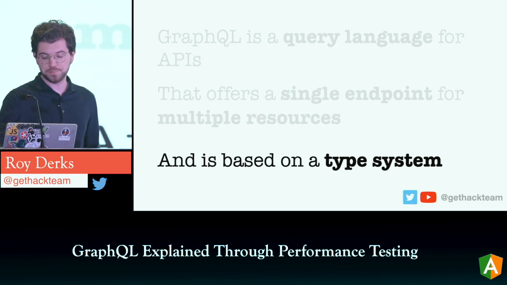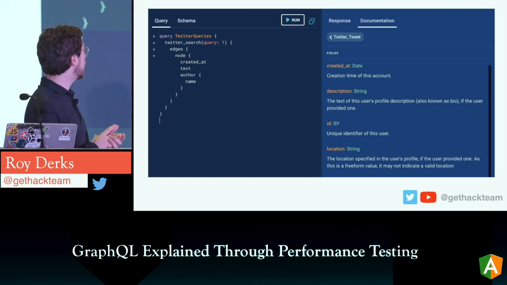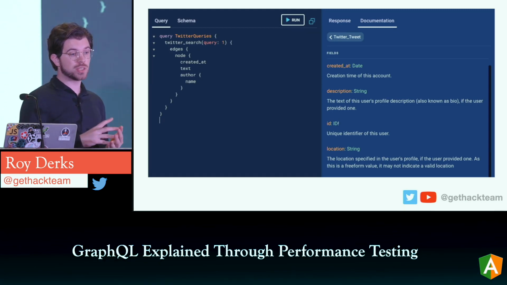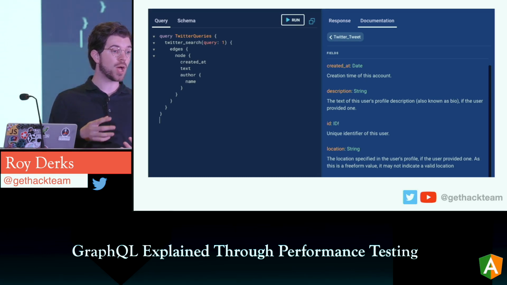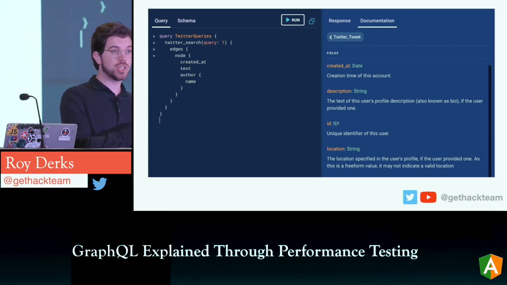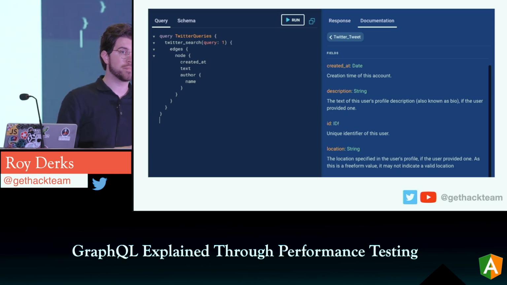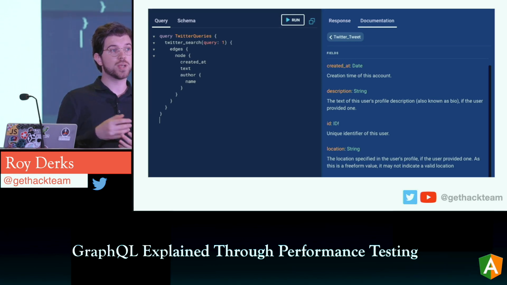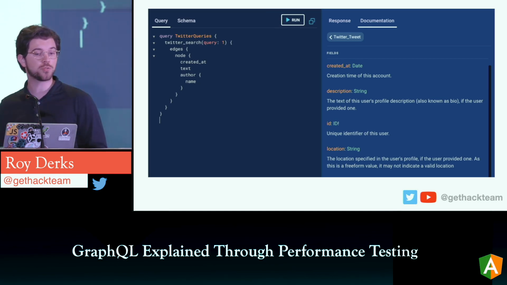And if you want to explore a GraphQL API, you typically do it through a GraphQL playground. This is an example of one. And in here you can find the type system. So if you would start typing on the left, you will see auto-completion as you're used to from TypeScript. And if you look on the right, you can see the actual documentation. So this is a visual representation of the GraphQL schema. Whereas with OpenAPI, you need to define the specification in code, and then hopefully you have someone that wants to render it in something like Swagger. And with GraphQL, this is all built in, so it comes at no additional cost or effort for your team.